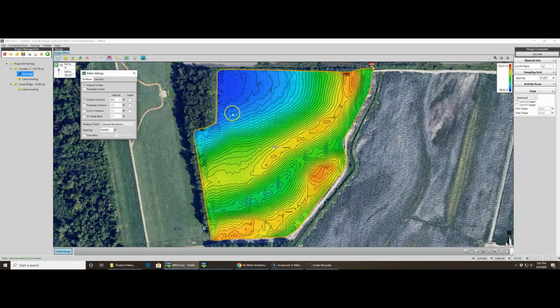Looking at the field, all the customer wants to do is drain the field to the edges. Okay. We don't care about limiting cut depth. We don't care about limiting fill depth. We just want a minimum slope of 2/10. Okay. Spacing. Sampling grid spacing